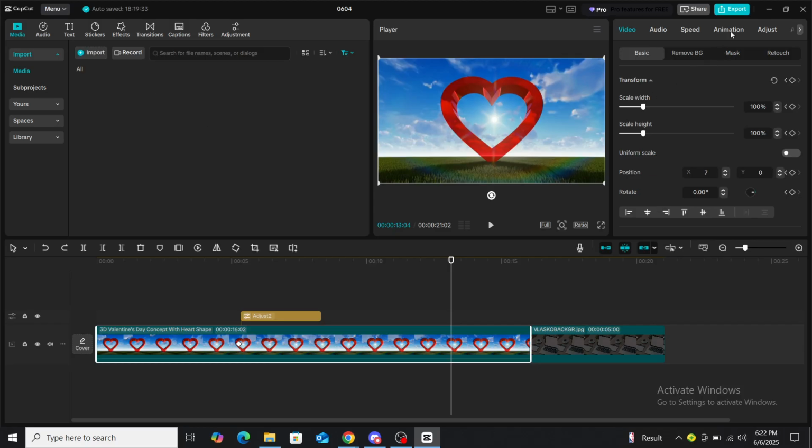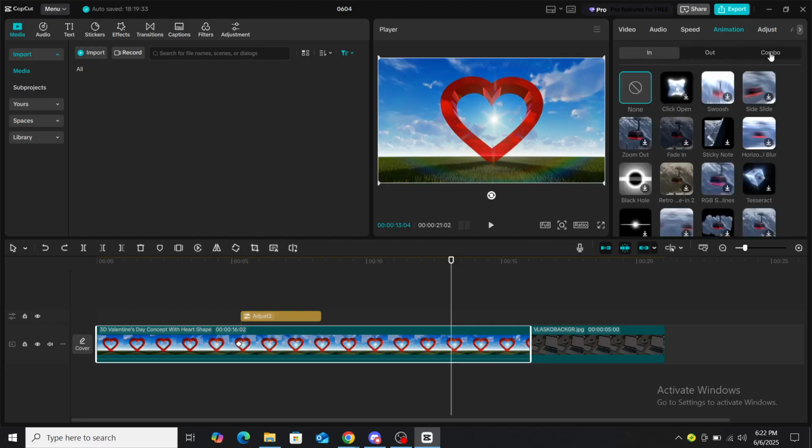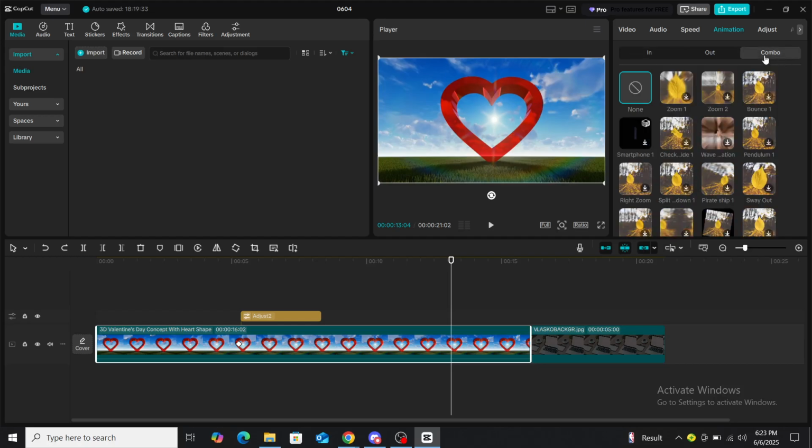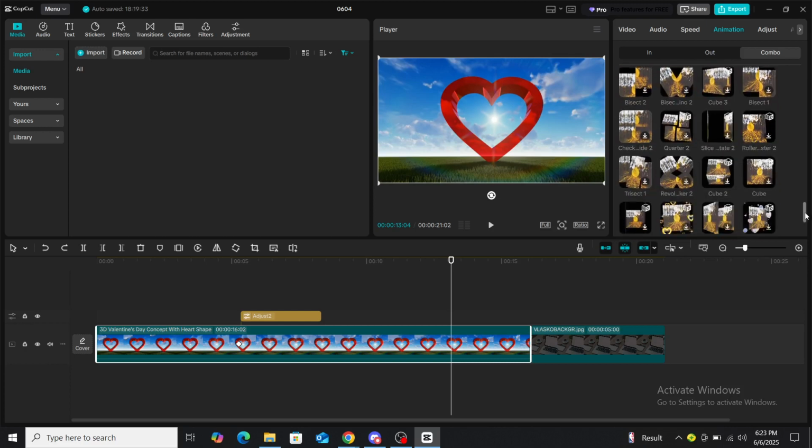Now on animation, you can see here in, out, and combo, and you will need to press on combo. Once you choose combo, you will see a lot of options for zooming, checking, and so on. And it will be a lot of pro version options, and you will need to go pretty much all the way down